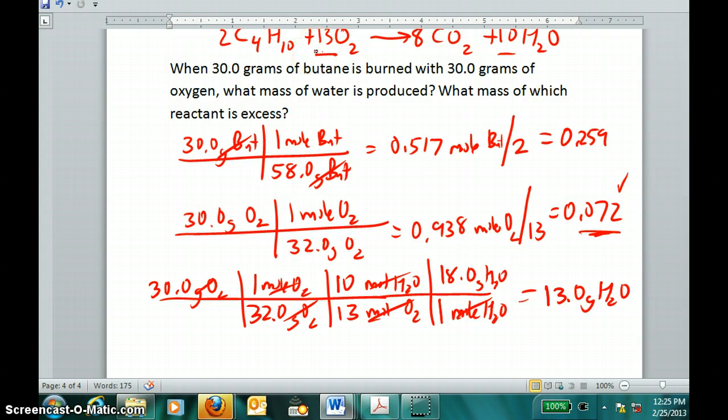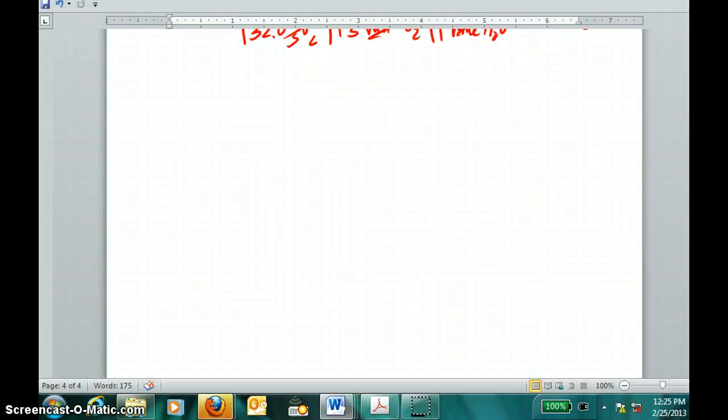Now remember, how do you find excess? You always need two things: the amount you start with and what you use. Now my excess in this case will be the butane, because the oxygen is the limiting reagent. And I know that I start with 30 grams, so all I have to do is calculate how much I use. And I will base the calculation on my limiting reagent. For every 13 moles of O2, I also use 2 moles of butane. So a quick calculation: